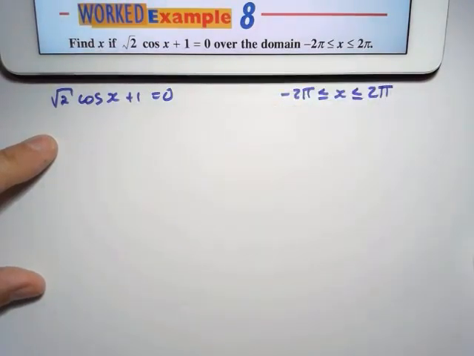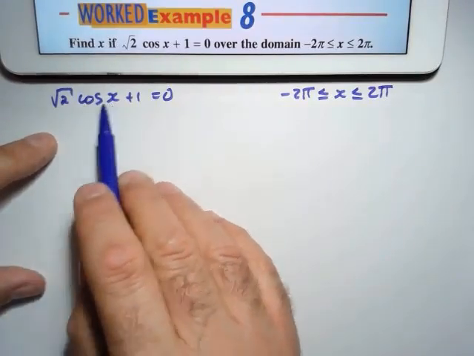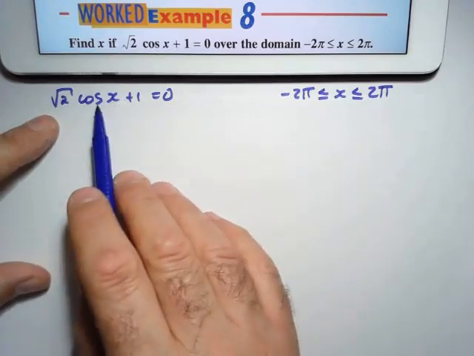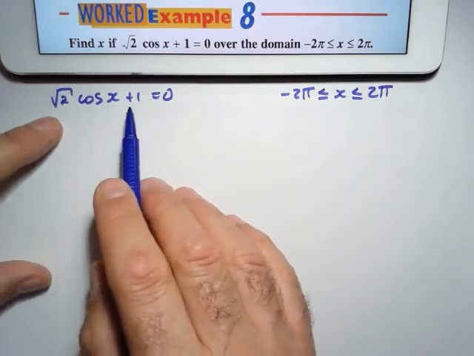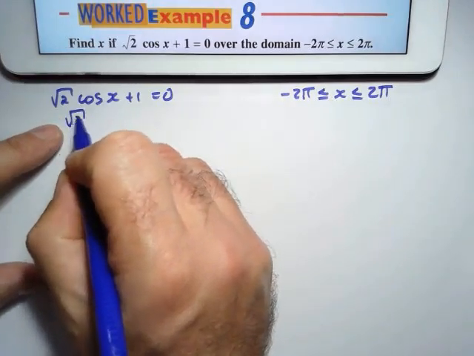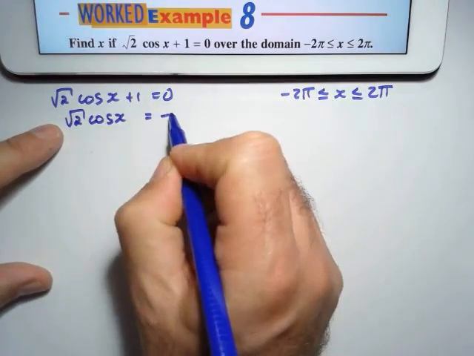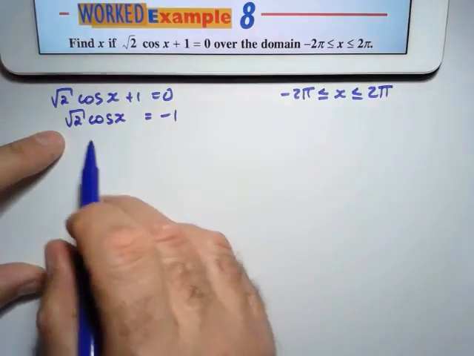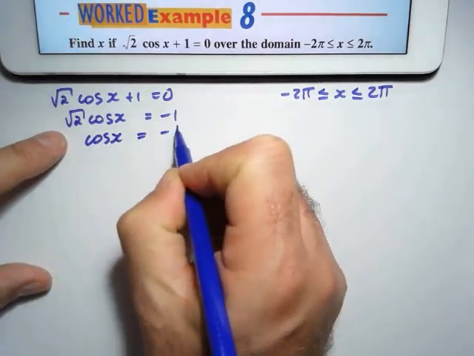radians. Now, I only know what it's for sine x and cos x, so I have to manipulate this equation to get it cos x equals something. So what I'm going to do is subtract 1 on both sides. That's going to leave me with square root 2 cos x, which equals the plus 1 is a negative 1 if I subtract 1 on both sides. I'm now going to divide by square root 2, which is going to give me cos x equals negative 1